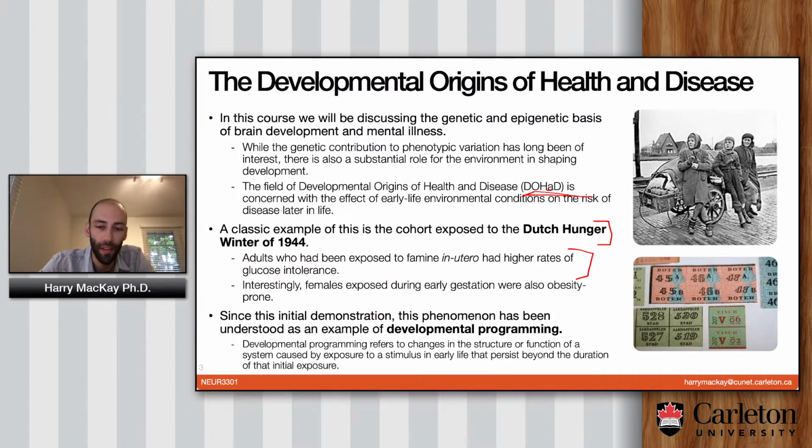But anyway, this whole observation that early life conditions of famine or stress and these kinds of traumas can predispose you to worse health outcomes has morphed into this field known as developmental programming. Developmental programming, to define it, really just refers to changes in structure or function of a biological system that are caused by exposure to a stimulus in early life, where the effects of that exposure persist long beyond the duration